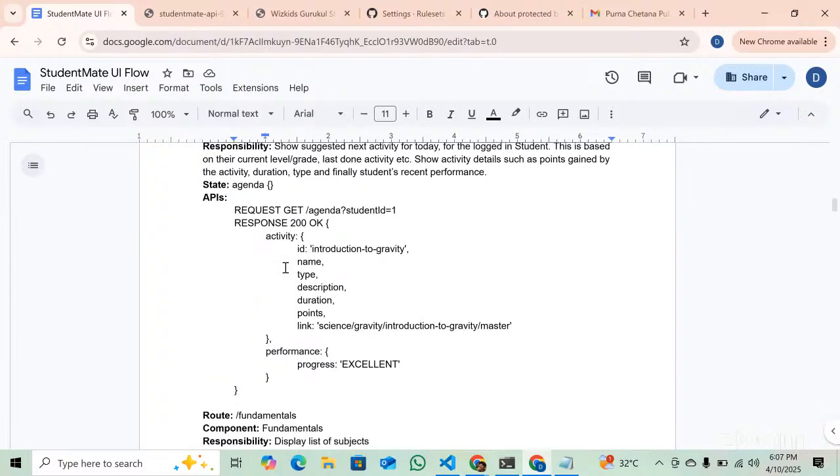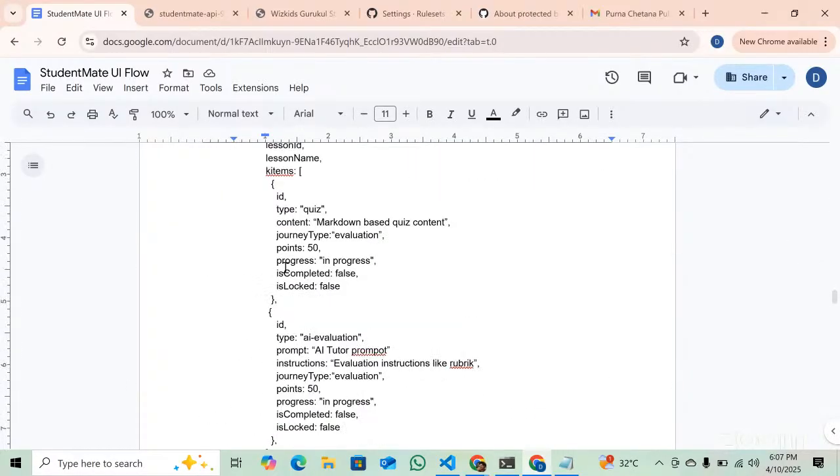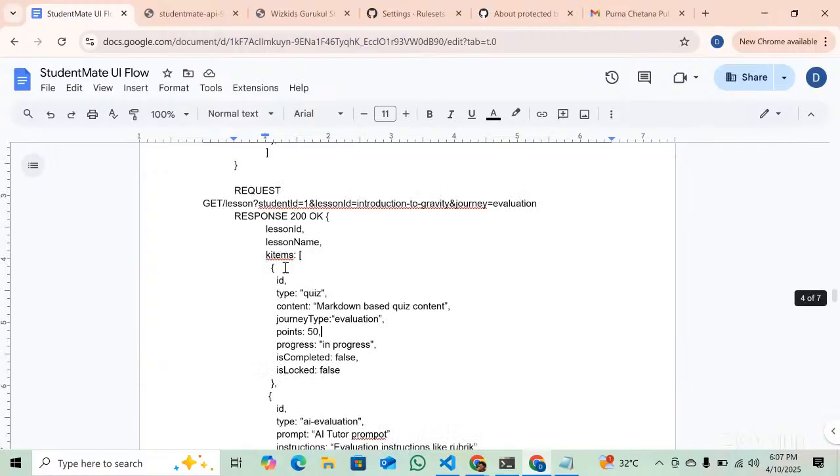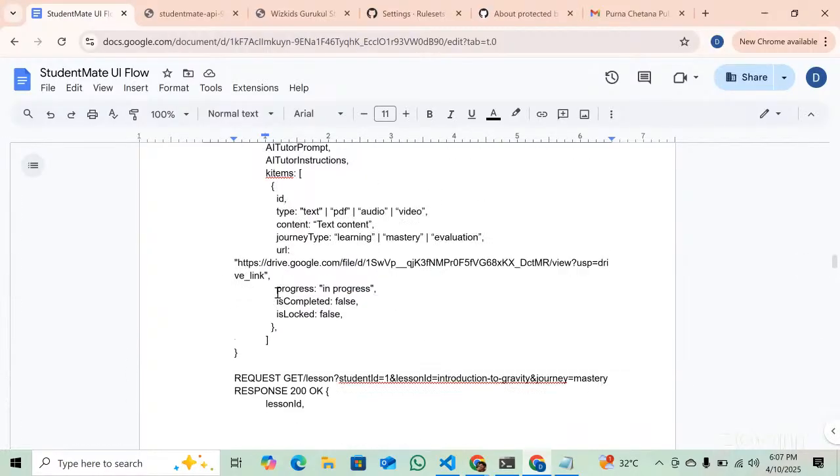And now that we have learn, mastery, and evaluation APIs,